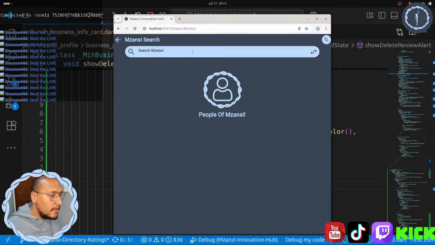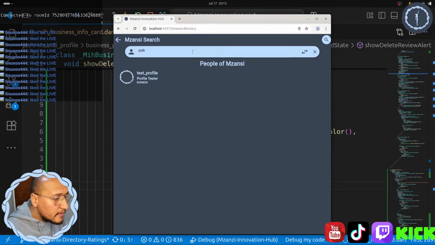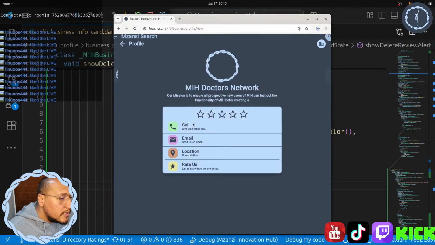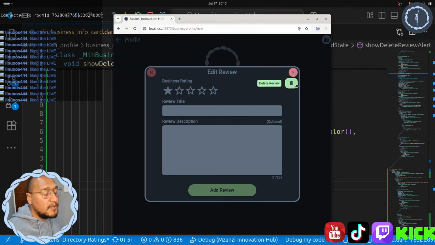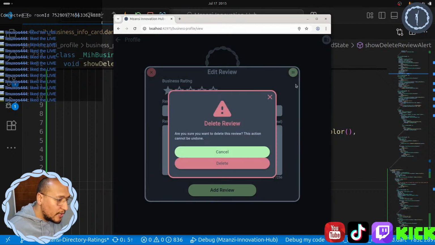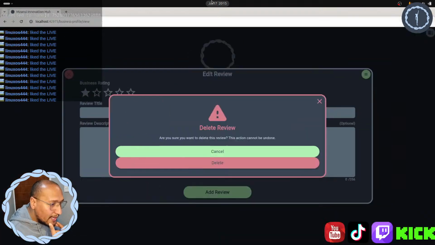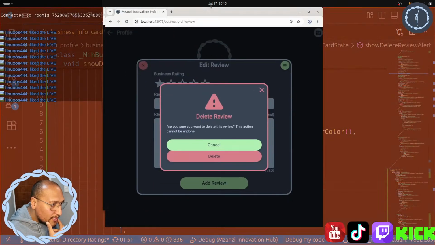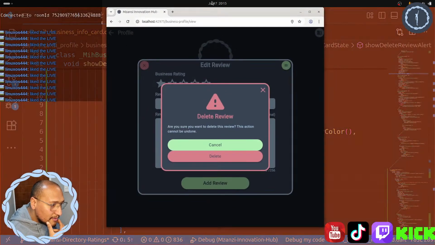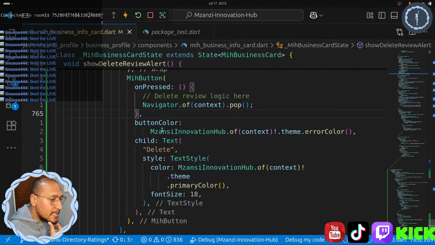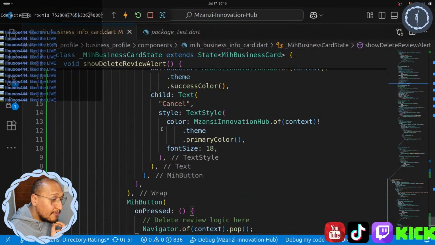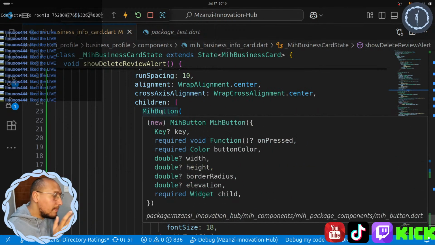So MIH, we can switch. Now when we click on delete, things should look similar to what they look like across MIH. So if we click on this, nice. So everything is fine over here. If I were to add this in, why is my wrap not working? I know why my wrap is not working, because I didn't give my buttons a size. Now the buttons are just expanding to the edges of the wall.